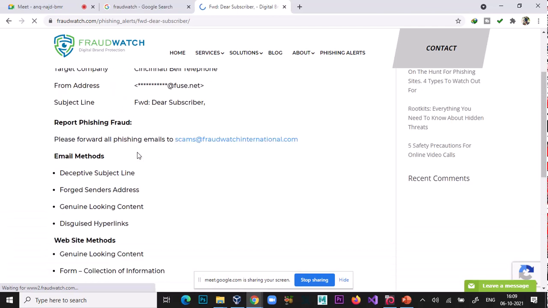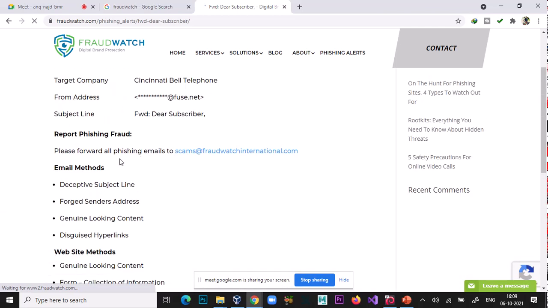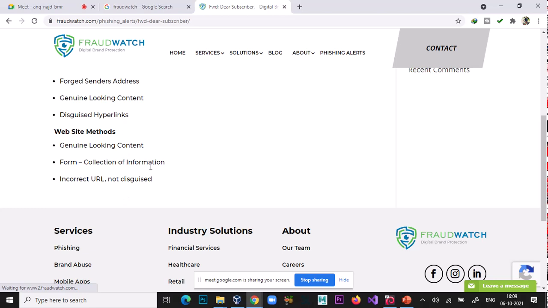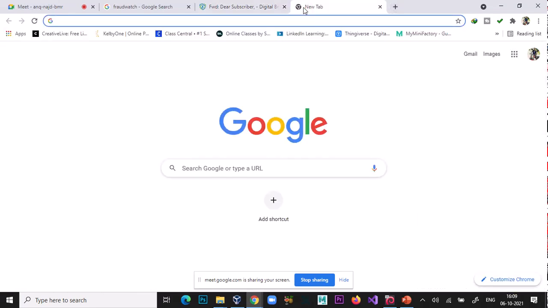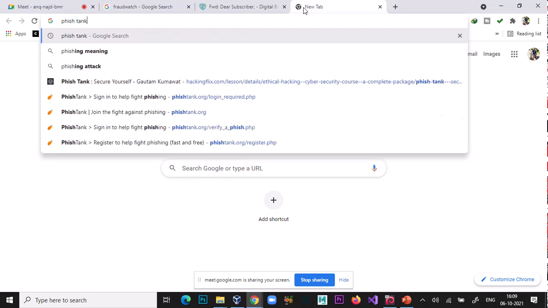Email methods. And please forward all phishing emails to scam at fraudwatchinternational.com. So this is the website, and another website is PhishTank.